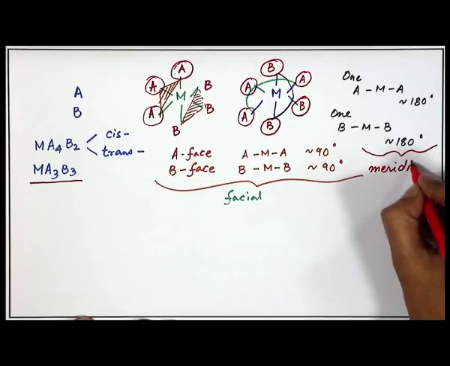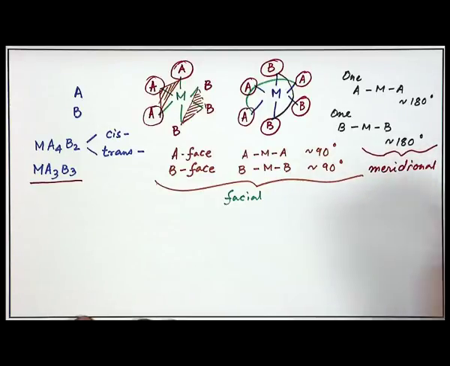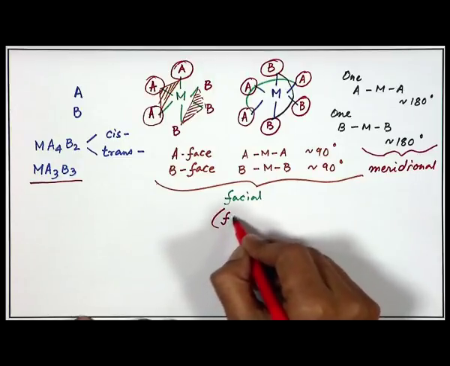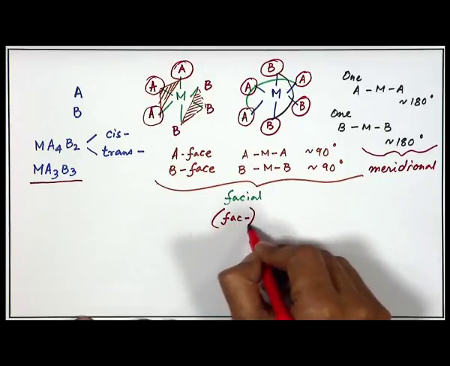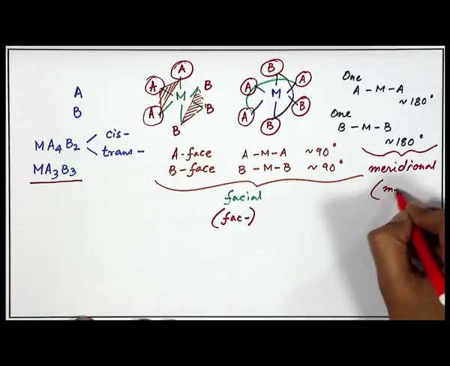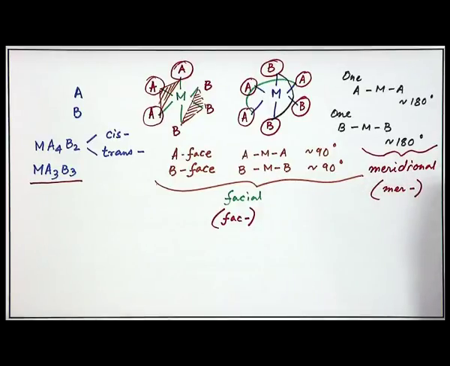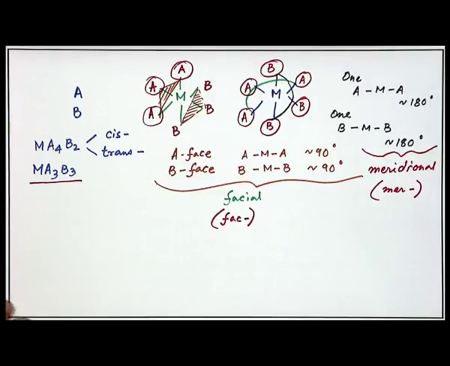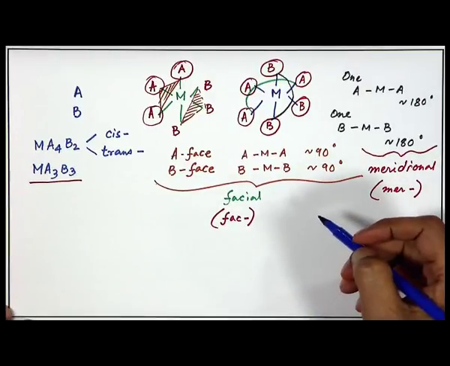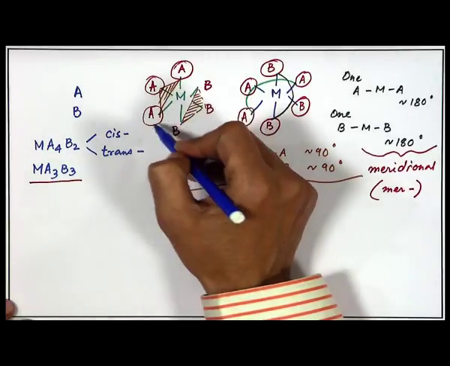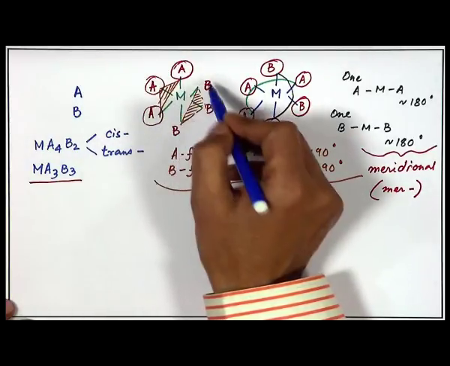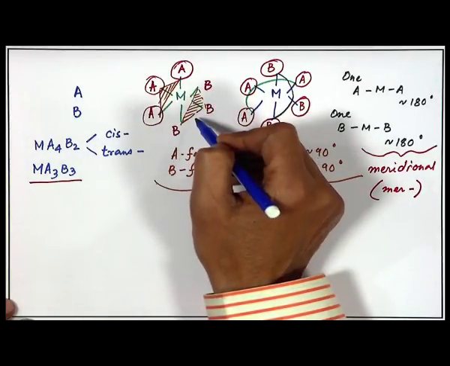meridional. We write it abbreviated, like the cis variety as the facial isomer and this isomer as the mer isomer. This type of thing is very important for geometrical isomerism, and next day we will start from here, continuing with how we can know this thing, because this understanding is very important, because here we are considering that all A and B are monodentate ligands.